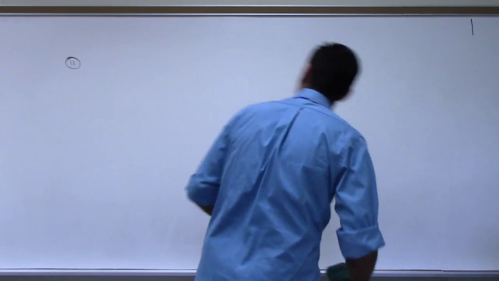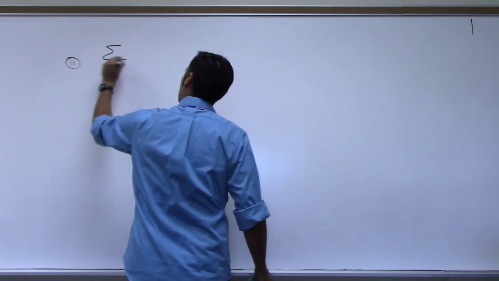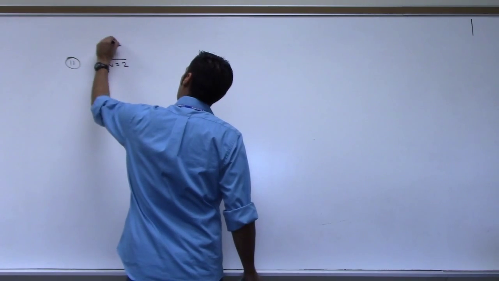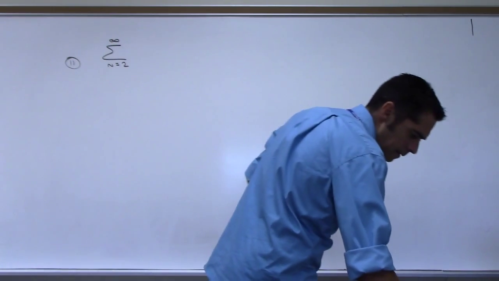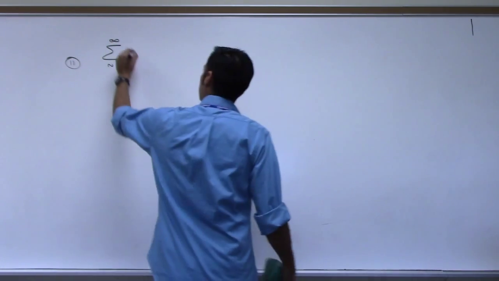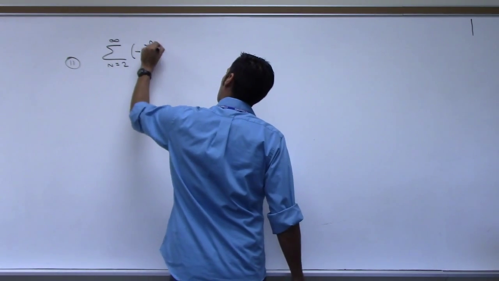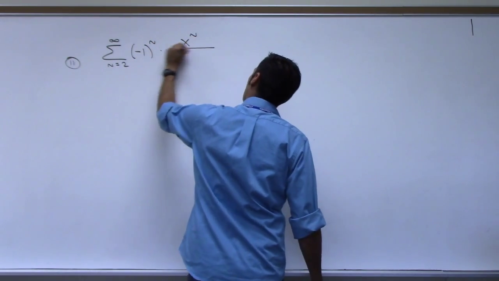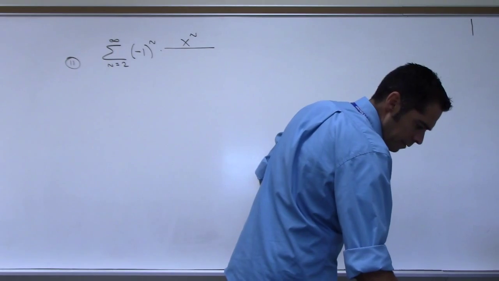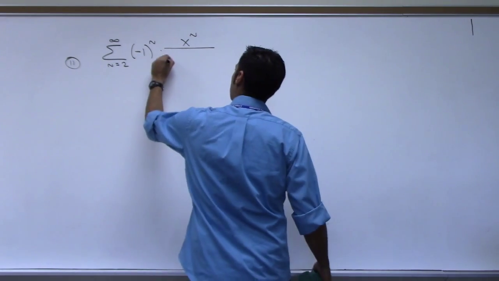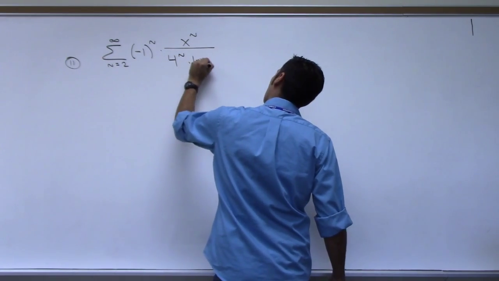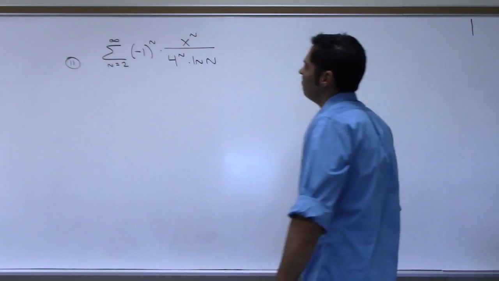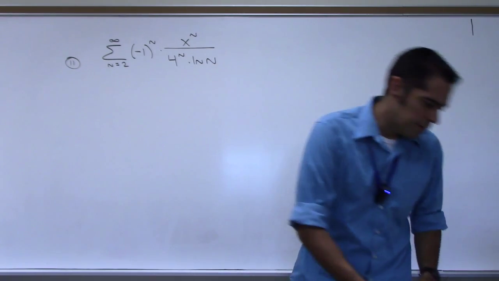All right, n equals 2 to infinity. Negative 1 to the n, x to the n over 4 to the n natural log n. All right, I'm going to do a ratio test here